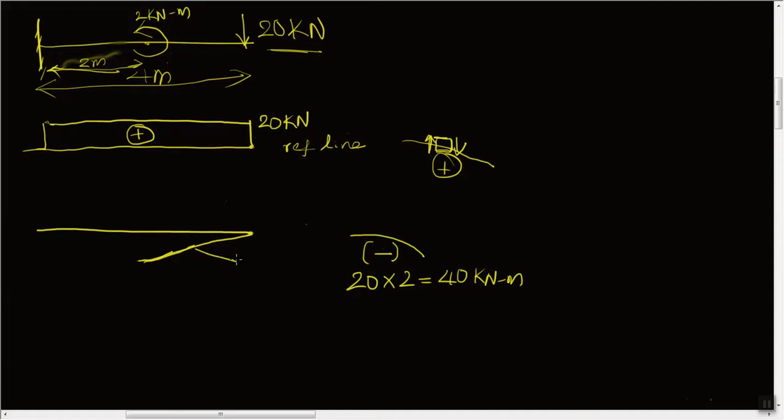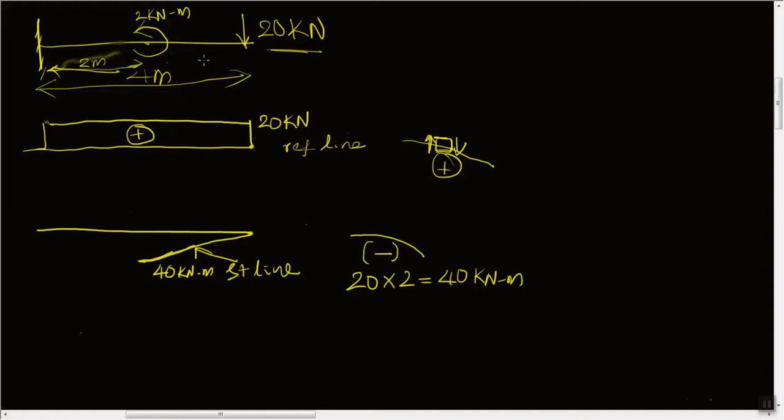Okay, this one is a straight line. Okay, and wherever there is a moment, we should get a vertical line in the bending moment diagram. So here is our 40 kilonewton meter, 40 kilonewton meter,